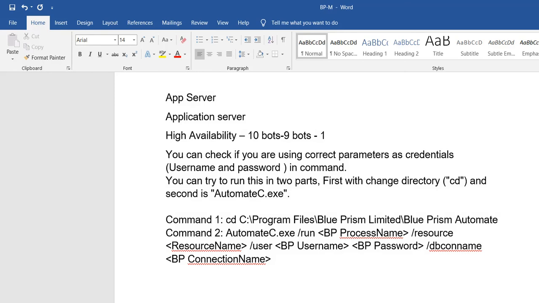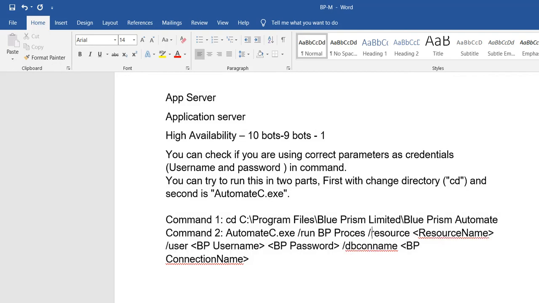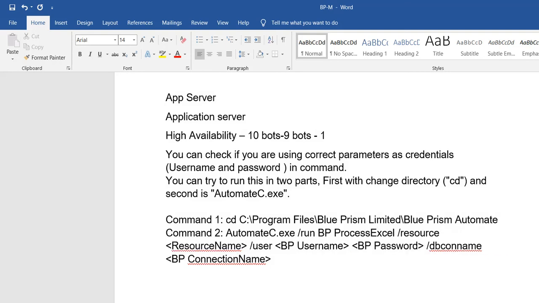You cannot give this. So bp process name, suppose your process name is process excel, then process name, and here you have to give your bp resource name, resource 1. I'm giving resource 1.